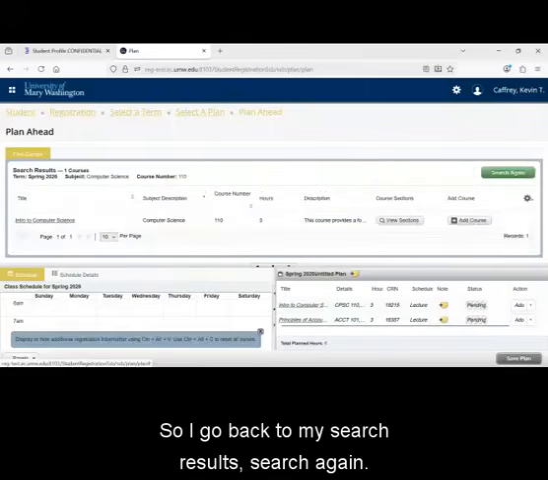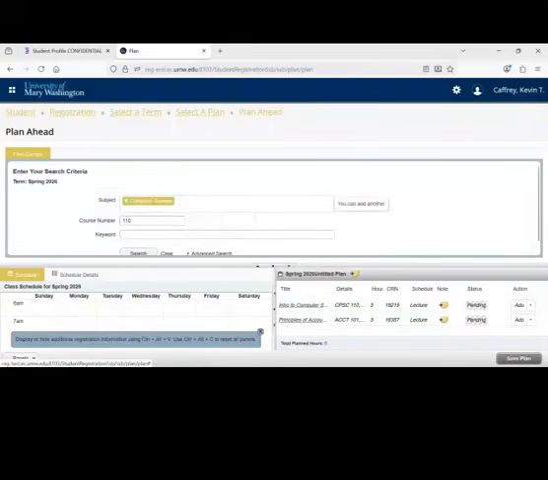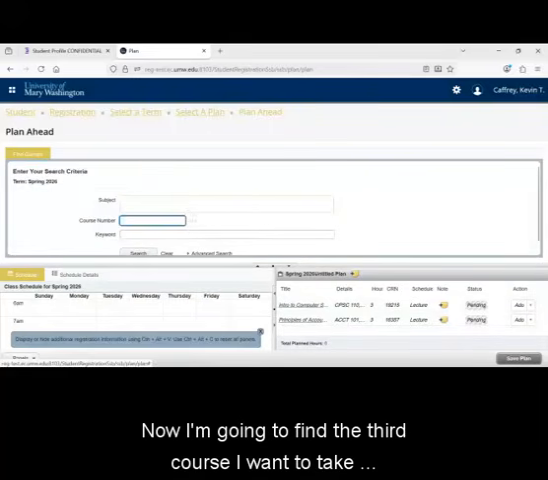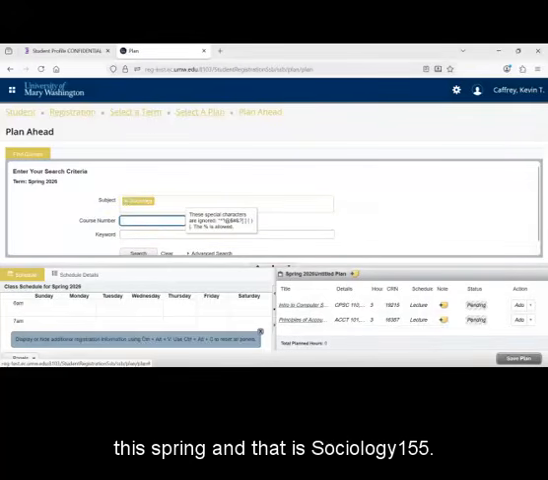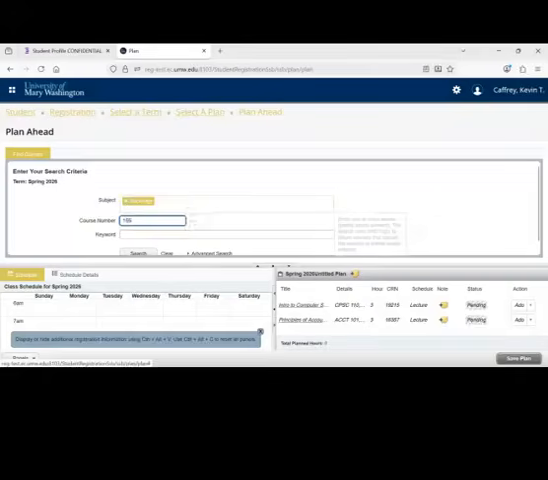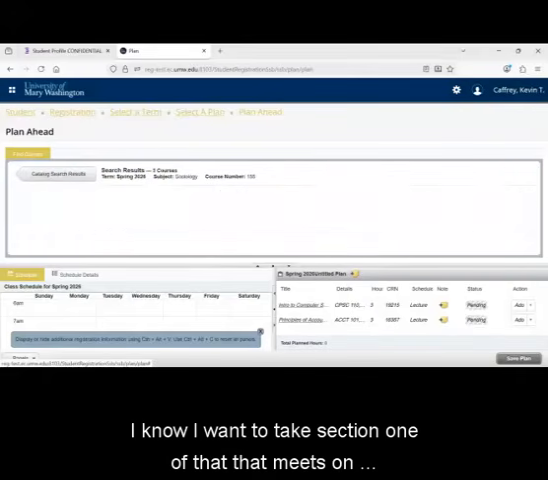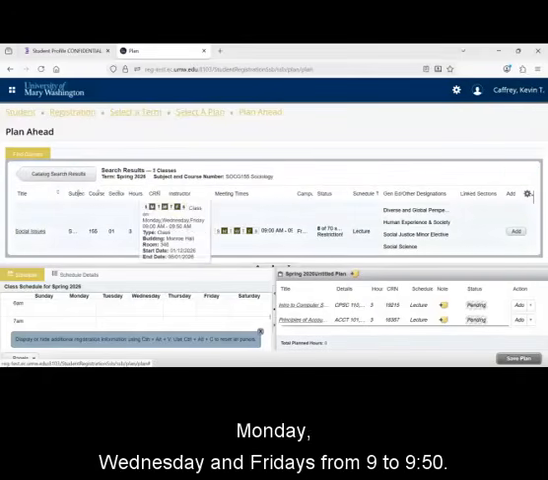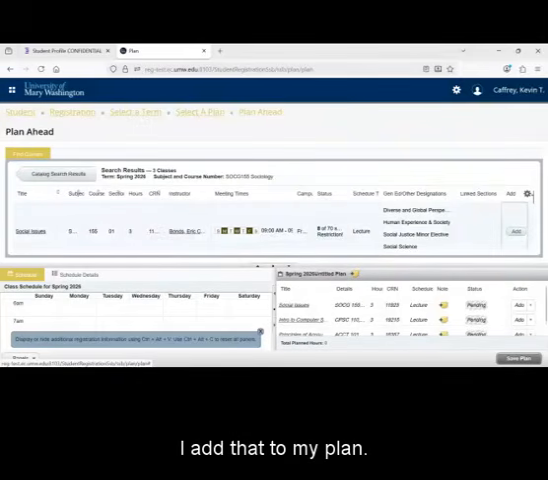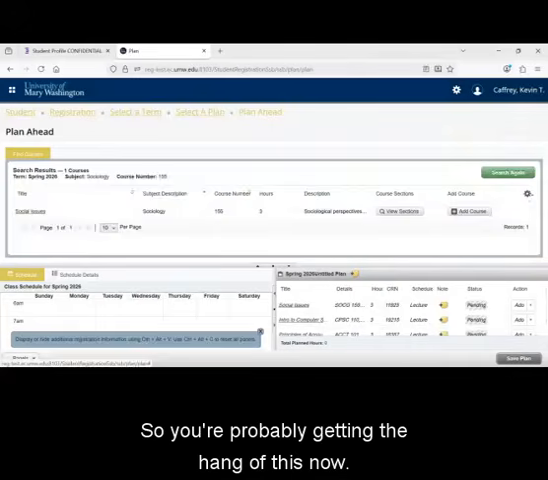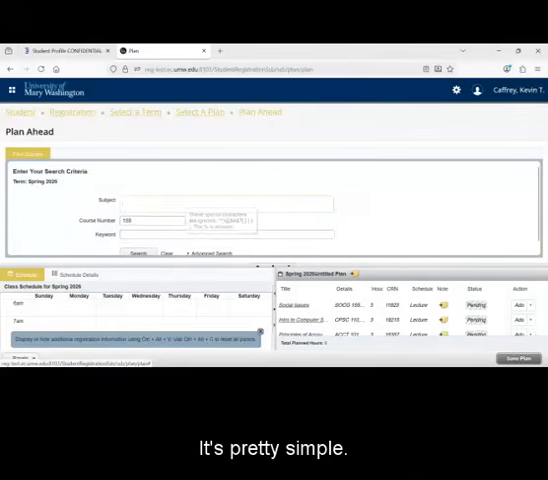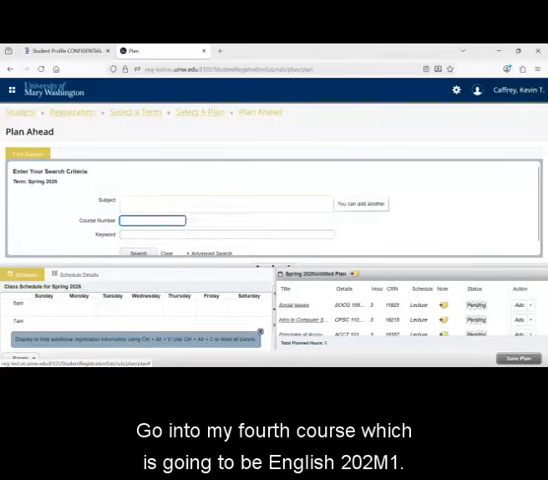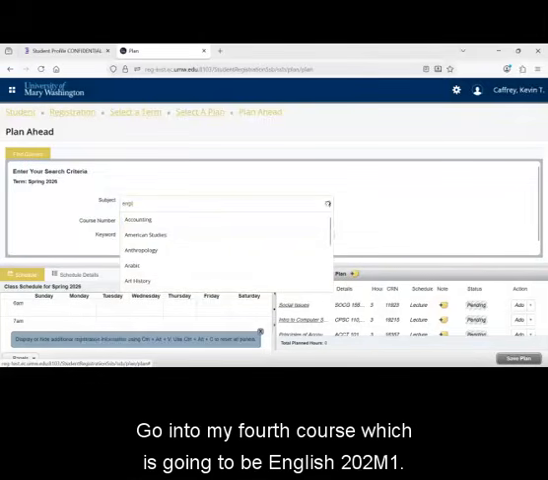So I go back to my search results, search again. Now I'm going to find the third course I want to take this spring, and that is Sociology 155. I know I want to take Section 1 of that. That meets on Monday, Wednesday, and Fridays from 9 to 9:50. I add that to my plan. So you're probably getting the hang of this now. It's pretty simple. Go into my fourth course, which is going to be English